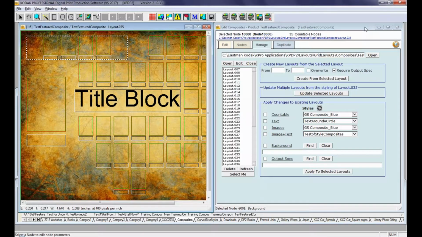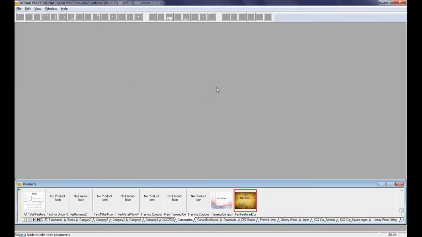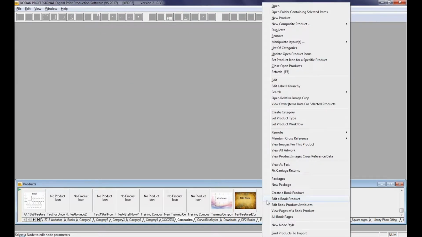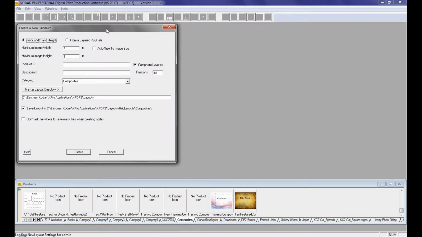So I'm going to close this, and we're going to start to make a new one. I don't need that anymore anyway. I'm not going to make a huge range, because obviously you're not going to need to see me go on and on, but I am going to do a big enough range that I'll definitely run into the things I'm trying to demonstrate. So new composite product, create without predefined patterns, and I'm going to leave it at the default of 10. I'll just make it a 10 by 8, and I'll call it